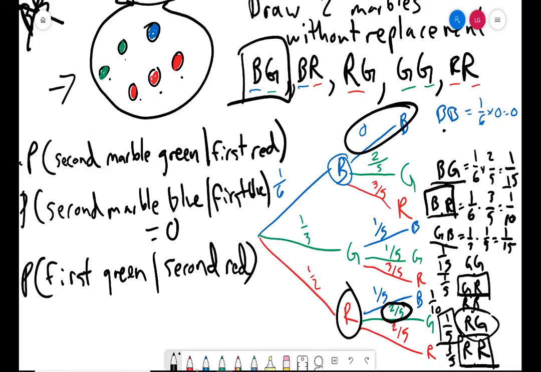Now they have different likelihoods, right? It's kind of tricky here in terms of figuring out then what is the probability that the first one was green. Well, it might feel initially like, oh, it's 1/3, but it's not quite 1/3